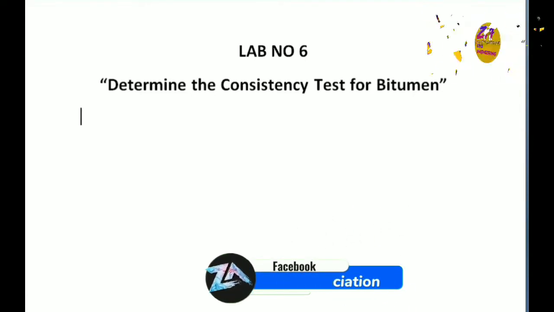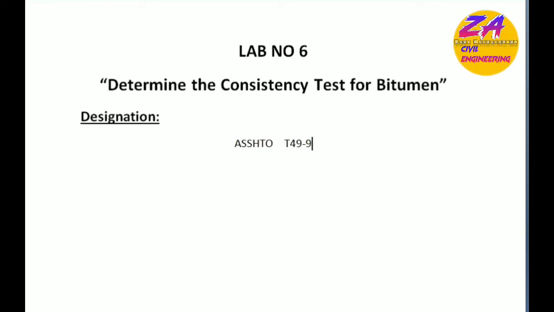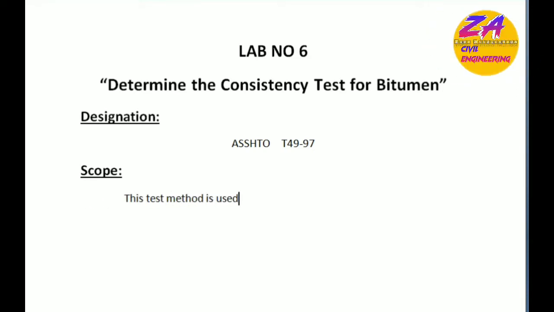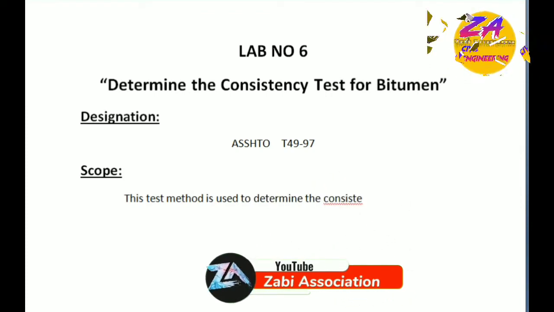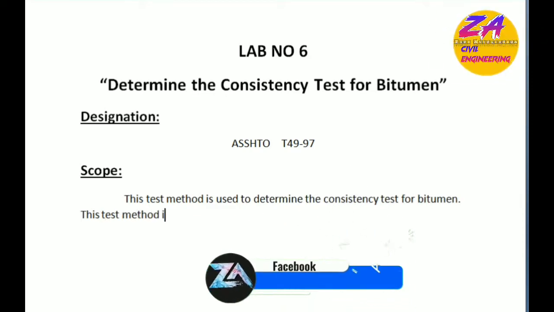So viewers, in this video we will discuss lab number 6 of transportation engineering, to determine the consistency test for bitumens. So let's start our lecture. First of all, the designation related to this experiment is ASTM T49-97. After this, the scope and significance of this experiment. This test method is used to determine the consistency test for